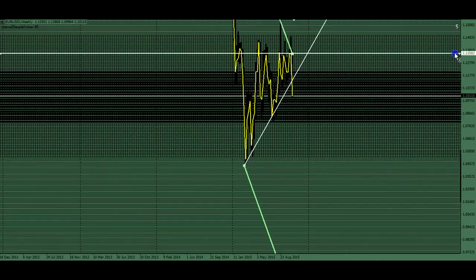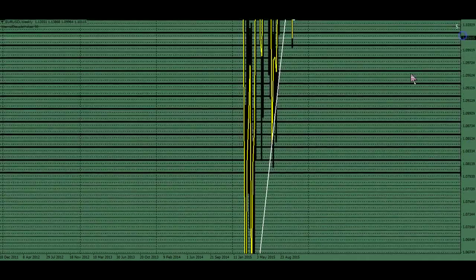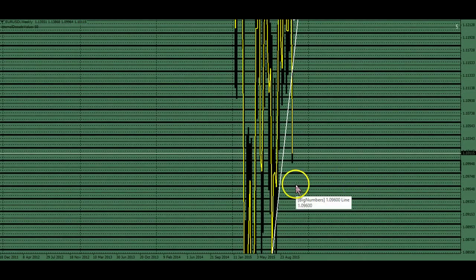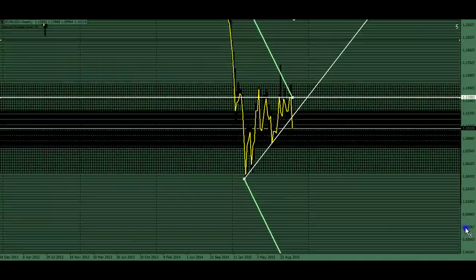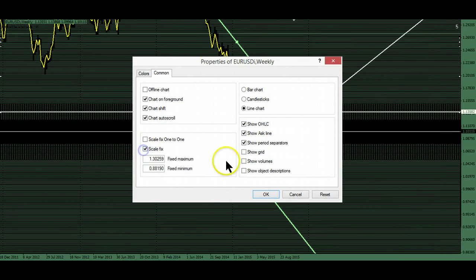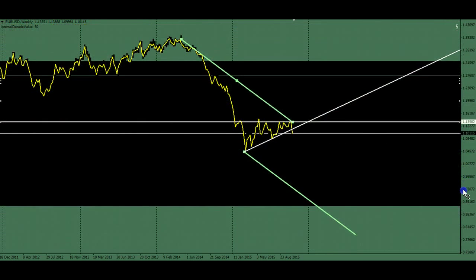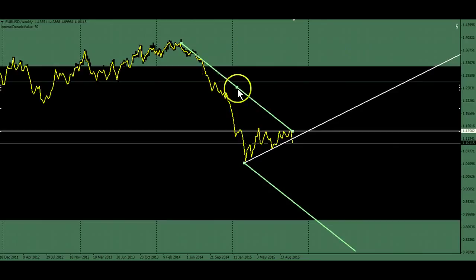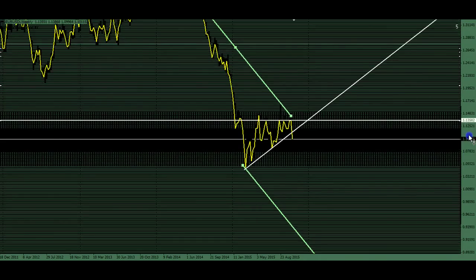So from the scalper standpoint coming into Sunday, it's going to be about things like, hey, I'll buy it here for a 20 pip bounce. But when you look in the window, and you can do this just by fixing the scale, if you fix the scale, you can navigate the price and see what a long-term trader may be looking at. That's all well and good, but in the meantime, how do you make some money? And that's why I'm always looking at,